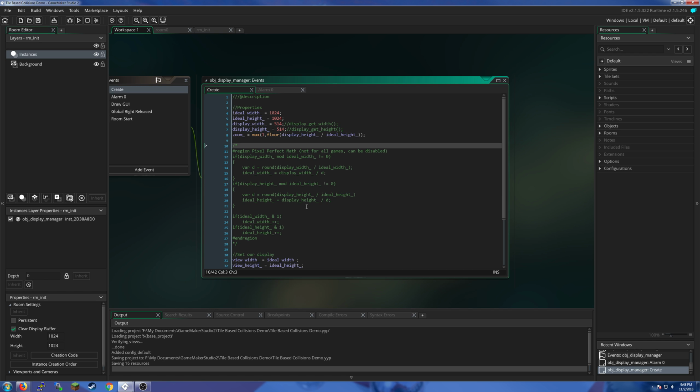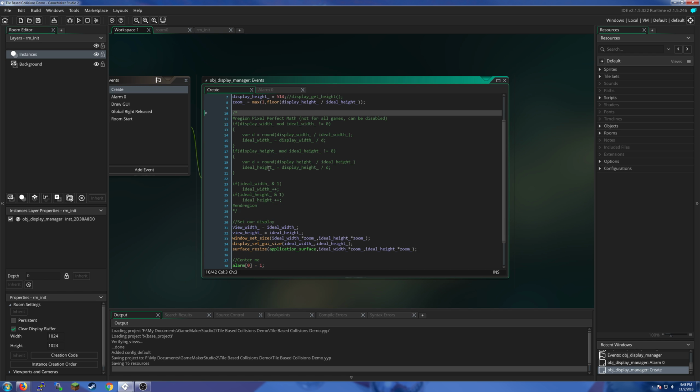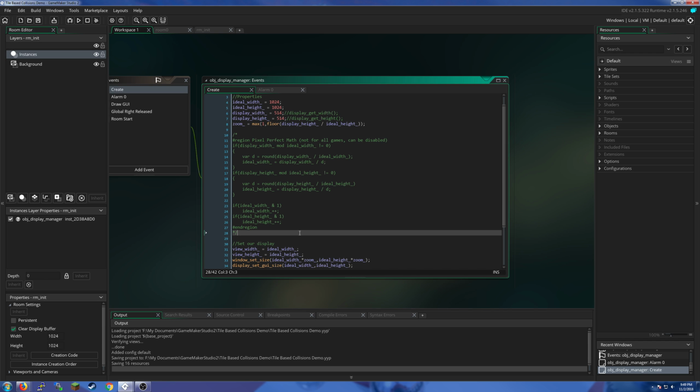So in this case, I've turned off our pixel perfect math right here because what we are going to do instead is, we want to keep displaying our game in a pixel perfect way, right? Especially if we're a pixel game. I mean, if we aren't a pixel game, then it doesn't really matter. But if we are a pixel game, we want to display our game as pixel perfect, right? So we need to figure out a way to display our game pixel perfect. Anyways,